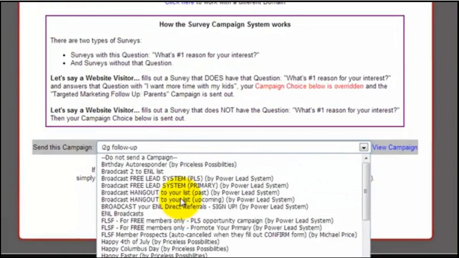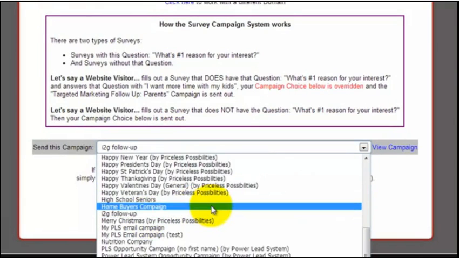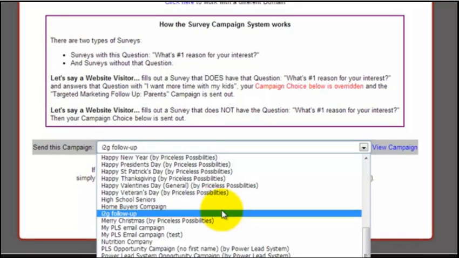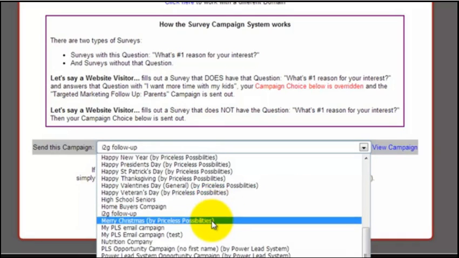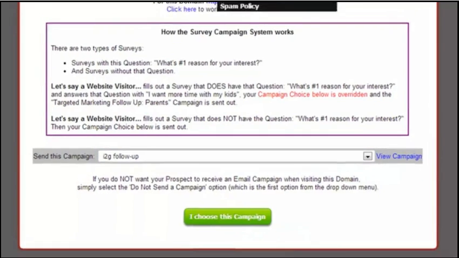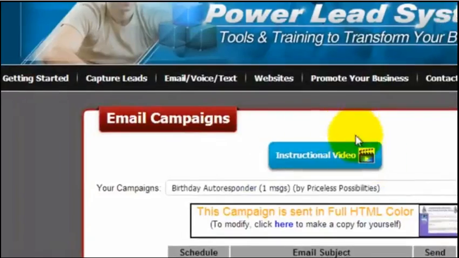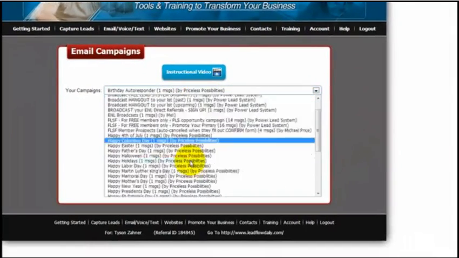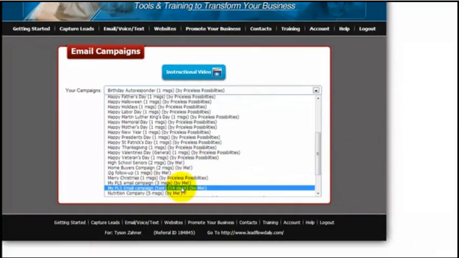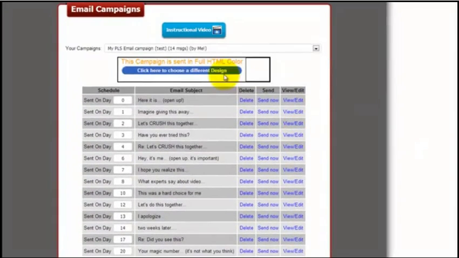We've got some of these that have already been created by the company. Some of them are ones that I've created, and each has a certain number of emails in that campaign that are already typed up, triggered on when to go out, and you can create all of those here under email, either add a campaign. I'll just do view and edit a campaign, and I can click one that I've already created. So let's say I've got my PLS campaign,